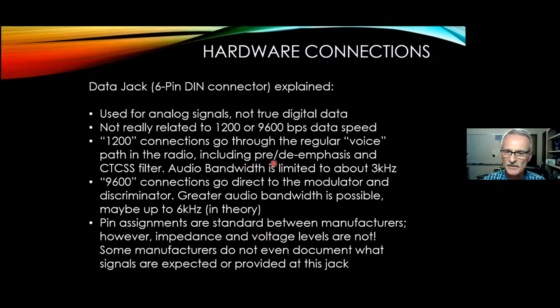But this processing kind of messes up our digital data. So really it's better if we can utilize the 9600 connections, which go directly to the transmit modulator and come directly from the receive discriminator, okay? And usually, I won't say always on every radio, but usually that bypasses all filtering in the radio. And so we're going to get the maximum bandwidth possible, maybe up to 6 kilohertz